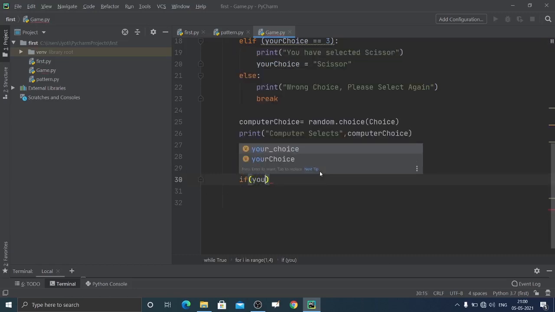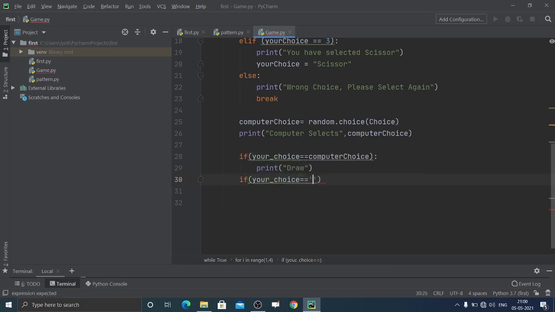Then we will start comparing for another choice, that is, if your choice is equal to rock. We need to compare for each pair, like rock and paper, then paper and scissor, and so on. These are the cases in which the user will win. Suppose the user has chosen rock and the computer has chosen scissor, then obviously the user will have more score, and the score will increase by 1.